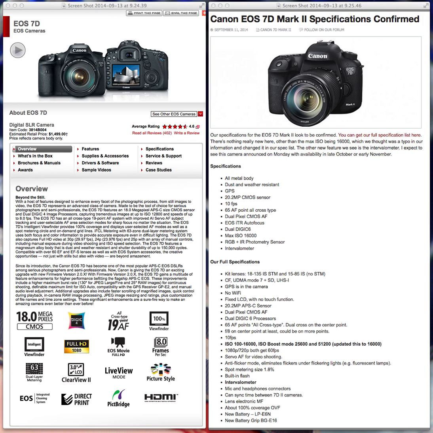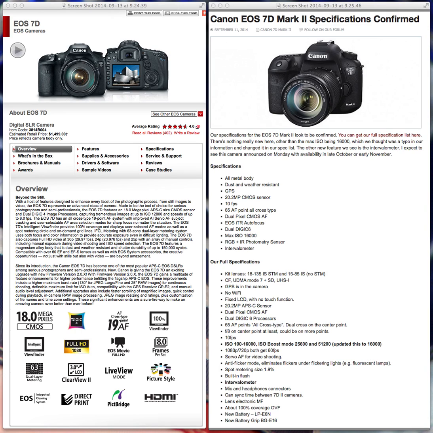First of all, let's talk about megapixels. We're going from an 18.0 with the 7D to a 20.2, full frame on both. So with an increase of 2.2 officially. Let's see what we got here. Next, let's talk about